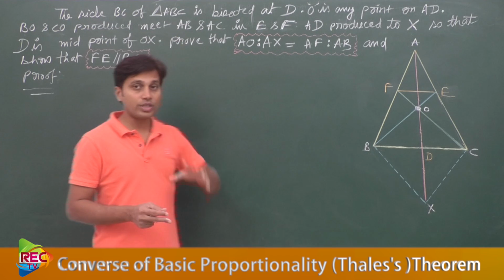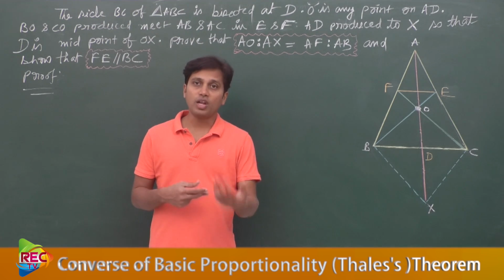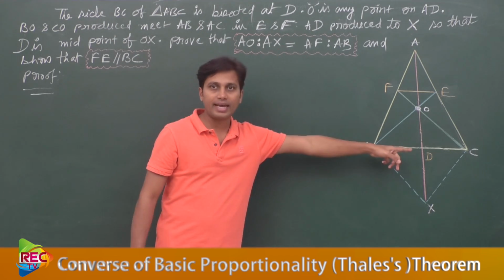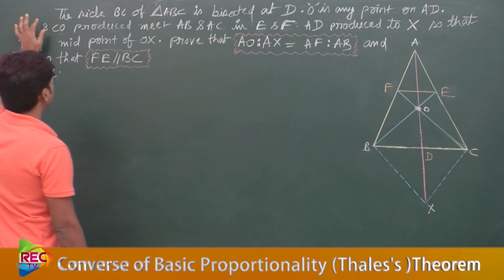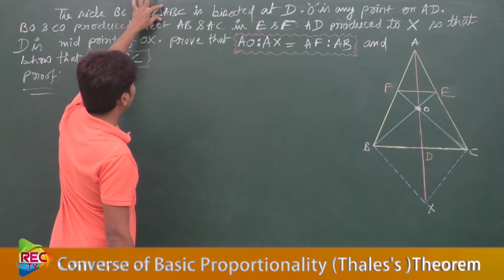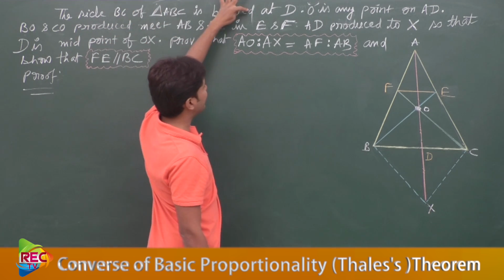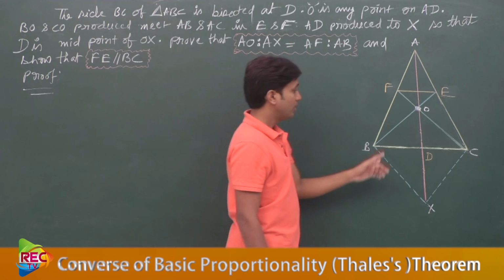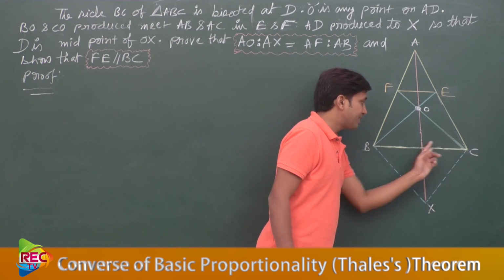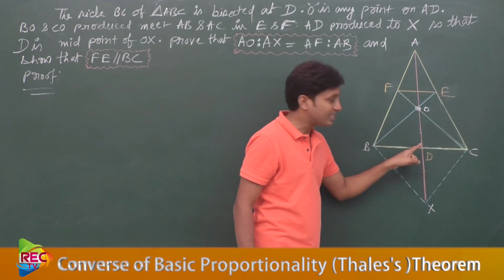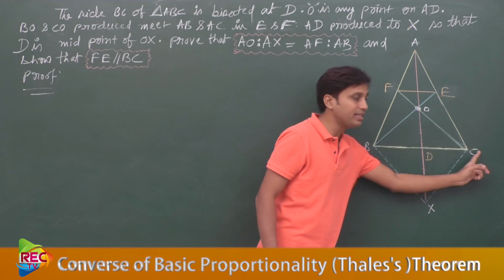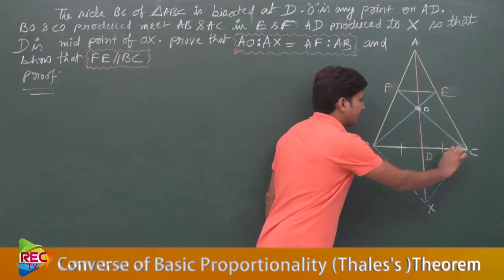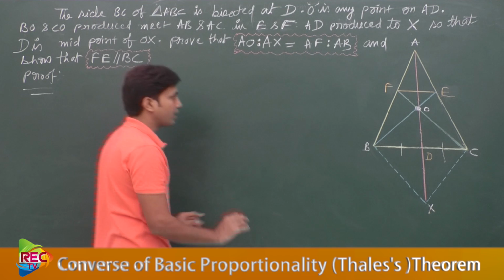Now this problem is looking very lengthy, but how to solve it? So make it into small segments and try to observe the data in the diagram. First of all, we need to see that the side BC of triangle ABC is bisected at D. First consider this. BC is bisected at D, means this D is bisecting BC, means this D remains midpoint of BC. First thing is that.